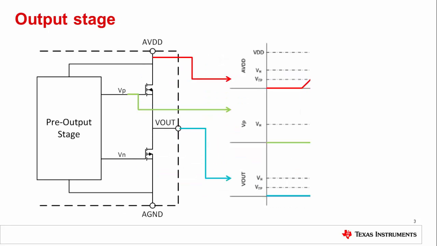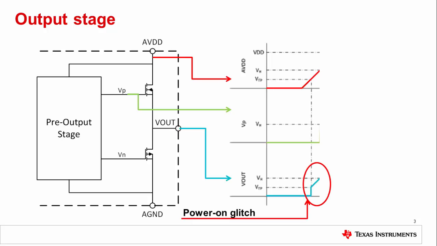The power supply starts ramping. The pre-output stage requires a minimum headroom voltage, VH, to start functioning correctly. But this voltage is usually lower than the threshold voltage, VTH, that is required by the PFET on the output stage, which can sometimes be as low as 0 volts. This can cause Vout to track with the power supply, having output power on glitches in the 2 or 3 volt range, which will have a large amount of energy. The glitch ends when the supply reaches the pre-output stage VH and the output stops tracking the supply.